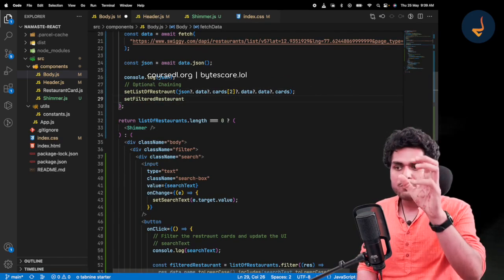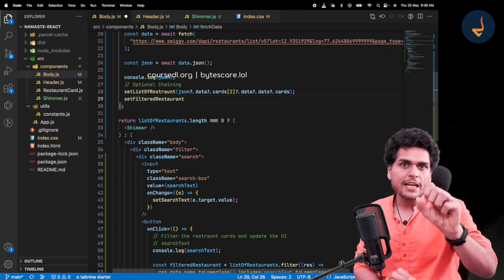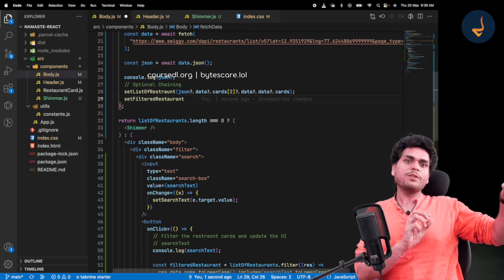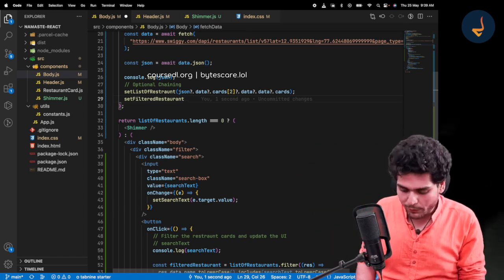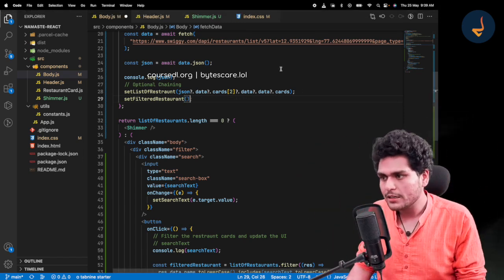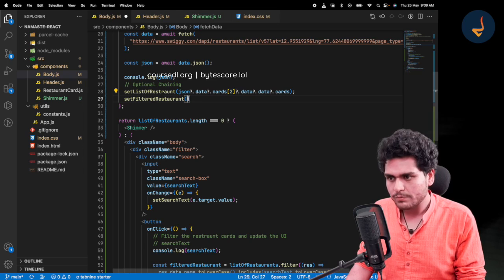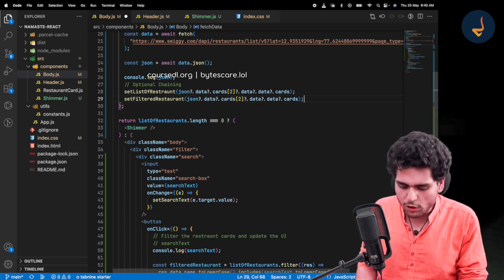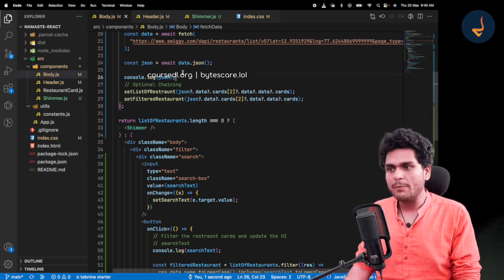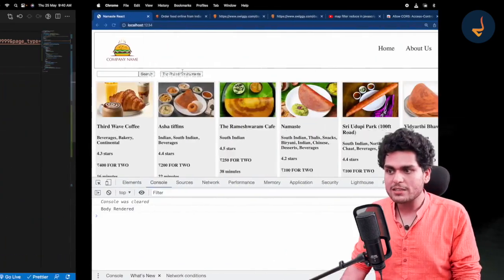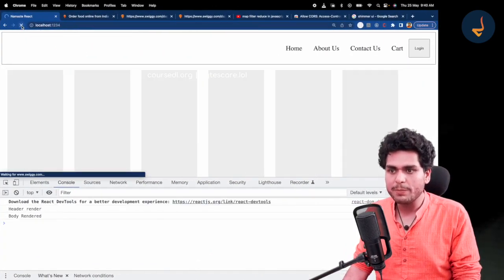So when we are fetching data, I am updating a copy of list of restaurant as well as filtered restaurant with whatever data I have got. I am updating both of my state variables with this data. Let me refresh the page. So now,